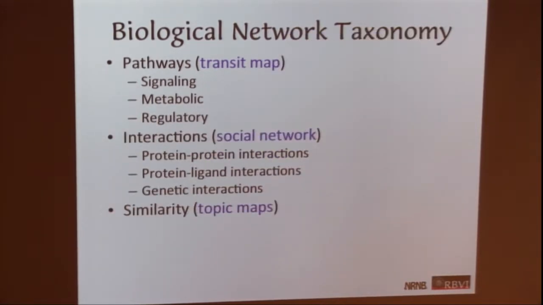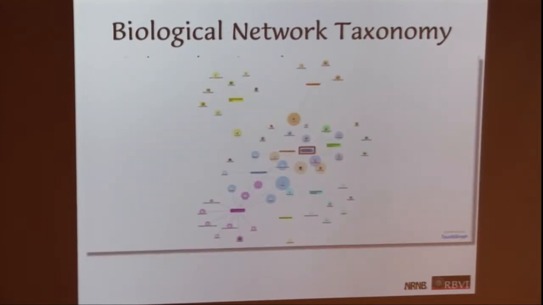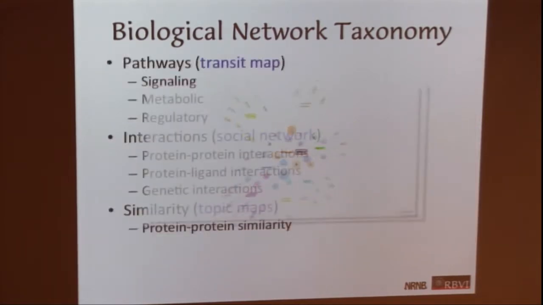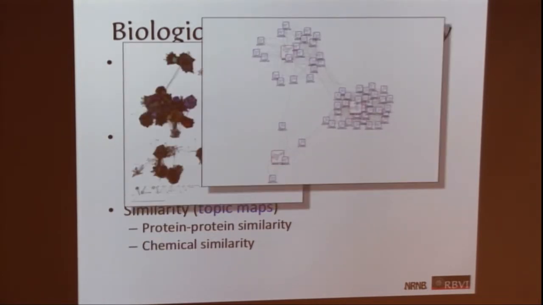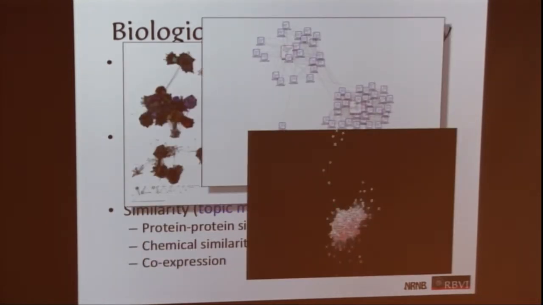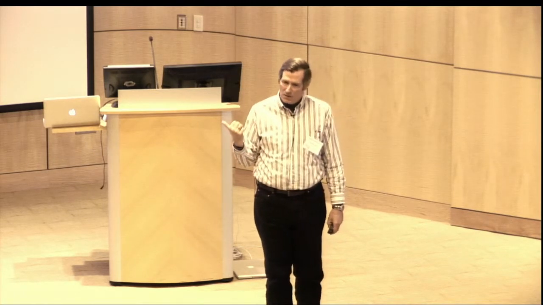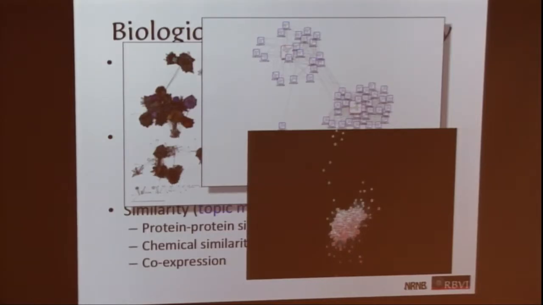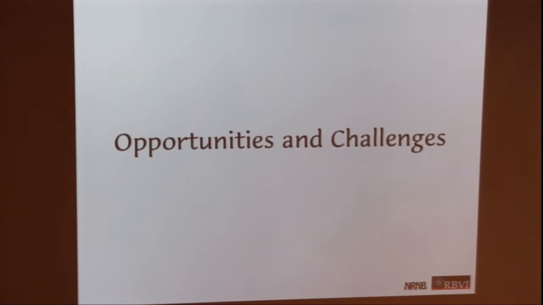And of course, the other one is similarity. I don't know if people are familiar with topic maps, but a topic map is where you get a keyword in a paper and you find other similar papers. Similarity, protein-protein similarity networks, chemical similarity networks, and co-expression networks. A lot of people talk about wanting to get networks when they have expression data. And I think often what they're really talking about is co-expression networks. Very useful, and they are a similarity network. They're slightly different than a protein-protein interaction network. OK, three kinds of networks. There may be others, but we're going to work within those three.